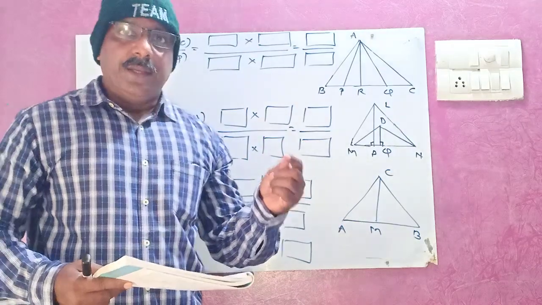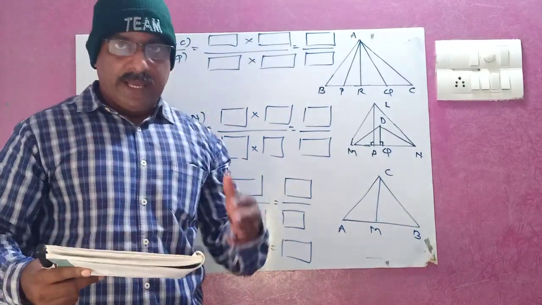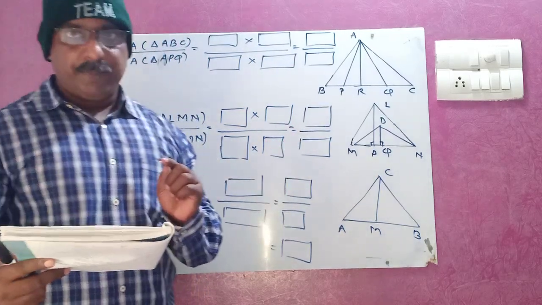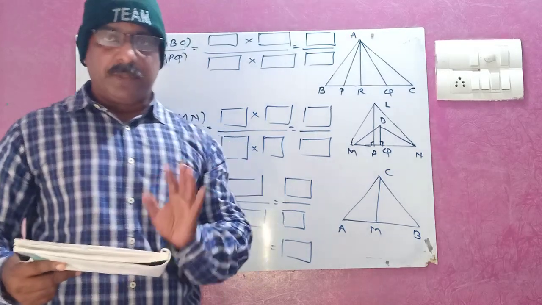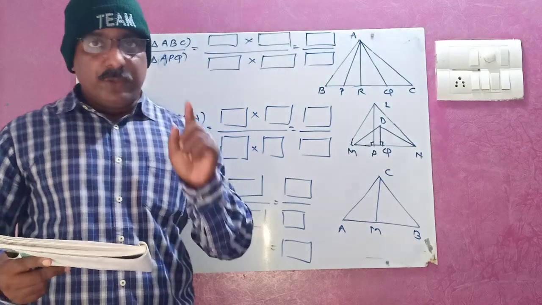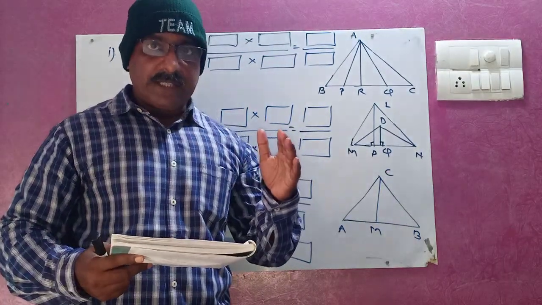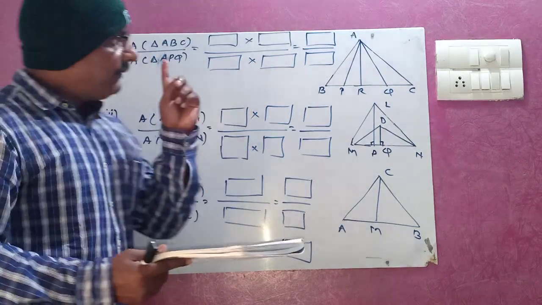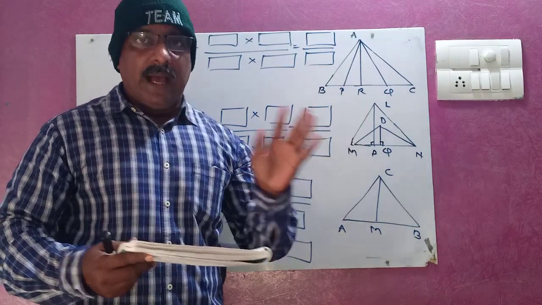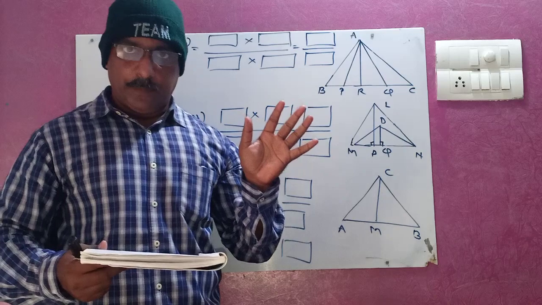So children, now we will do the activity which is given in your textbook, page number 3. I hope that all of you have the textbook. Please open page number 3. This activity is very important children, because in the board exam, in question number 2 and question number 3, you will get the activity. So just see all the activities which are given in the textbook. In activity number 1, I am not going to apply the formula. I will use the properties which I explained just now, all the 3 properties.